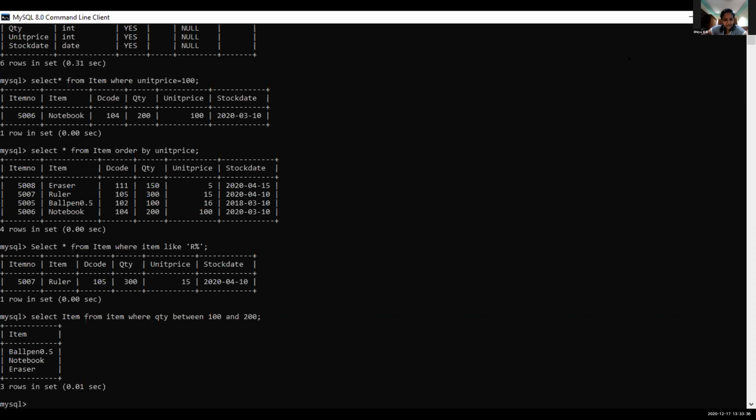Select item from item. Order by stock date DESC. One thing: you have to write the where clause first. So remove it.